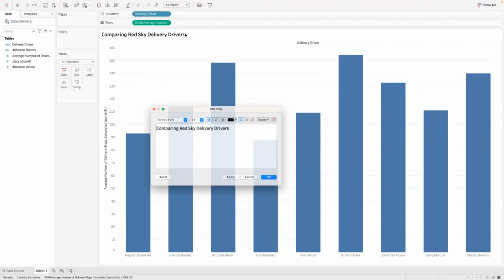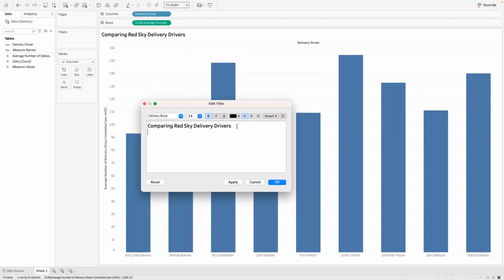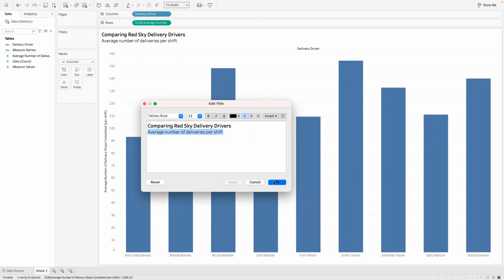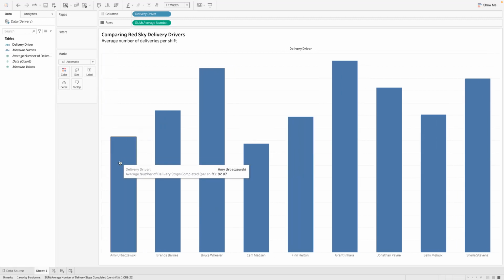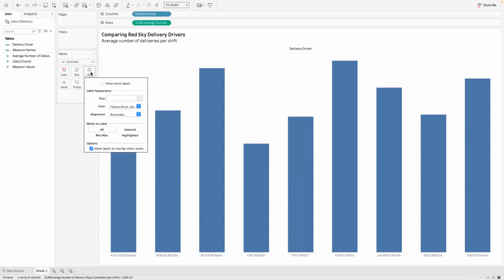So what I would do first is come back here and just say make this a 12, for example, and then we could take out show header, right? So that basically just takes out the y-axis, right? And then maybe the other thing we could do now is come over to label,